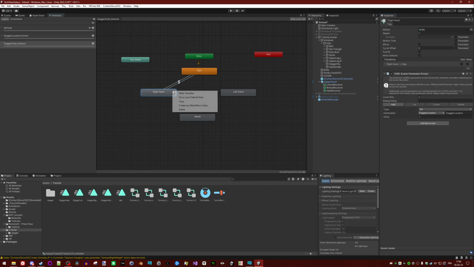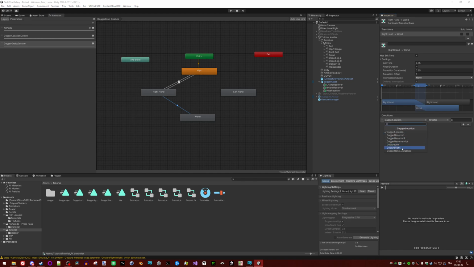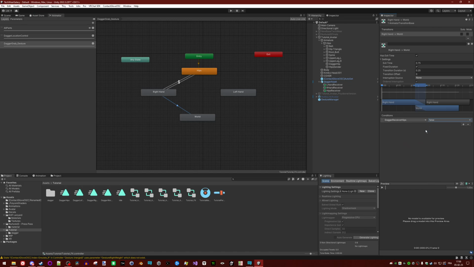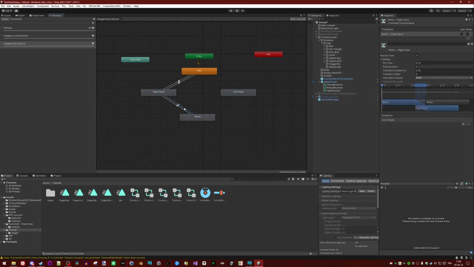For the right hand to go to the world, the dagger receiver hips is false, so that means the dagger cannot see the hips. The dagger is not in the hips area, and the gesture right equals 2, the hand is opened. From the world to the right hand, it's the exact same thing as from the hips to the right hand.